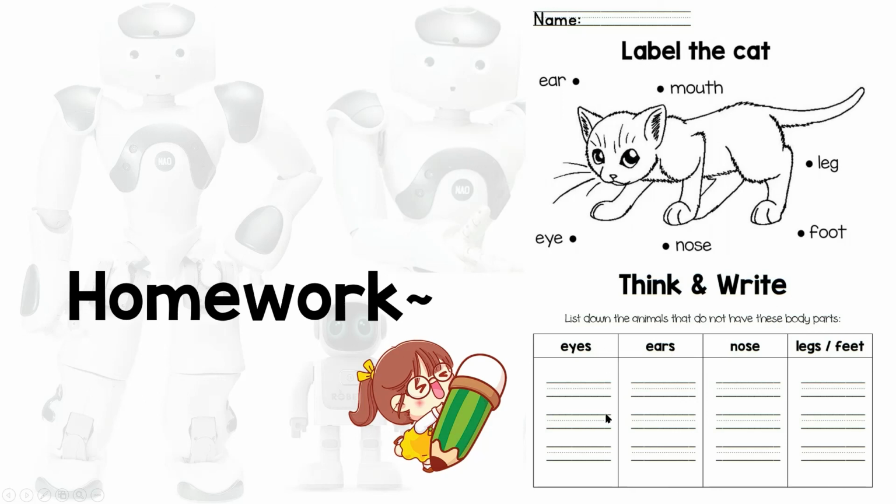The second portion down here, you have to think and write. You have to write the animals that do not have these body parts. The first column here, you have to write down 3 animals that do not have eyes. The second column, 3 animals that do not have ears. The third column, 3 animals that do not have nose. And the last column, 3 animals that do not have legs or feet. 在这边呢，你要写3个动物没有眼睛的。这个第二个部分呢，就是要写3个动物没有耳朵的，没有鼻子的，没有脚的。Once you're done, remember to upload your work back into Google Classroom and click on